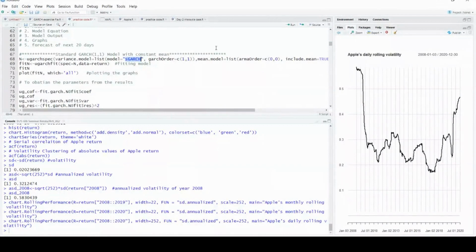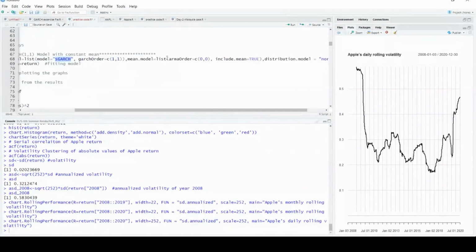If you remember the equation we discussed last time, the mean equation was r_t = a_0 + sqrt(h_t) epsilon_t, whereas the variance equation was h_t = alpha_0 + beta_1 h_{t-1} + alpha_1 epsilon^2_{t-1}. Epsilon squared t minus 1 is known as the ARCH effect, whereas h t minus 1 is known as the GARCH effect. So this is called the GARCH order 1,1. I'm taking one lag ARCH effect, one lag GARCH effect.